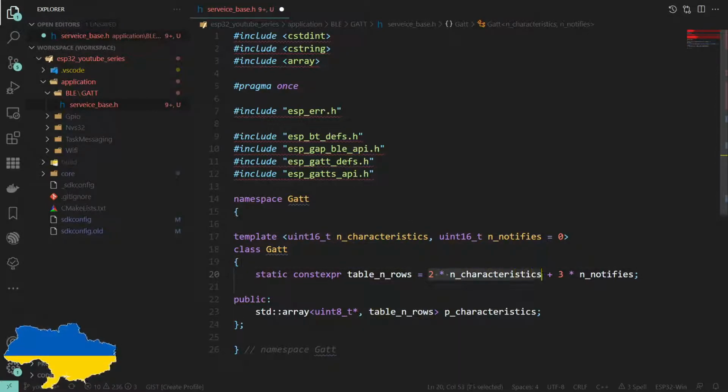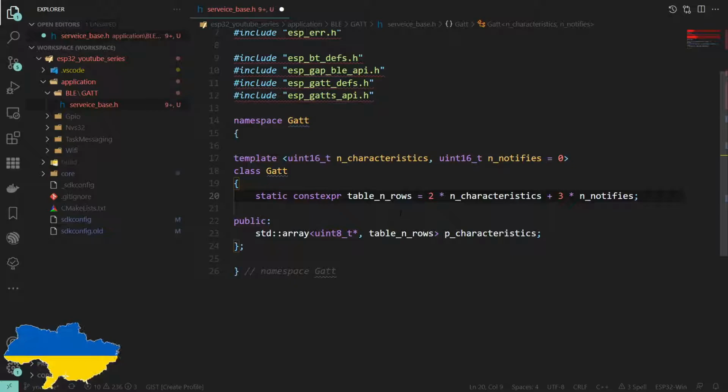So it'll be 2 times 2 plus 0 over here. And then if we create another one that is 5, so we happen to have 2 GATT instances that both have 5, it will just use the previously stamped out version that has this set to 10, because 2 times 5. So this works quite nicely. That's sort of a little bit into how templates work.